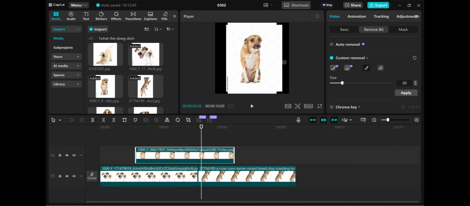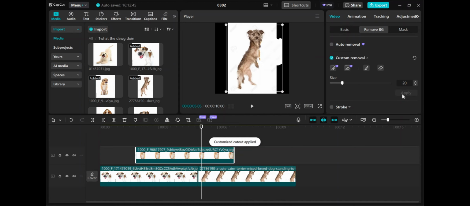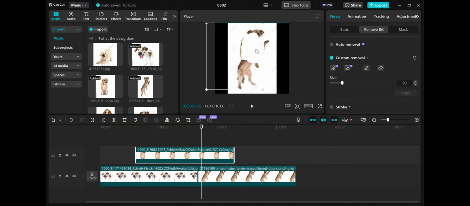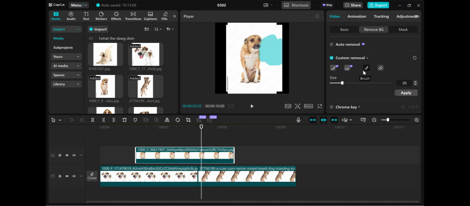So the brush is what we're going to be using to actually show what part of the image we want to remain intact. So if I brush this area and then let go, apply, now this is all that's left. It's just this white space that I have highlighted. So I'm going to hit undo right here to undo that. There we go. And then I'm going to use the brush to very carefully,